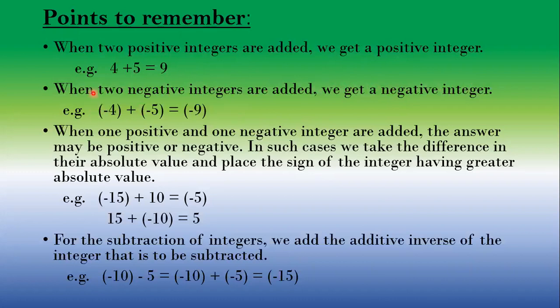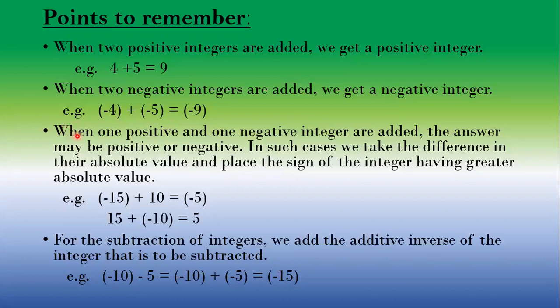That means when we add the number, we don't have to take the negative sign, we will take the absolute value. Absolute value of minus 4 is 4 and the absolute value of minus 5 is 5. What is absolute value? The numerical value of the number disregarding the sign. Means value of the number without considering the sign is called an absolute value. So minus 4 absolute value is 4 and the absolute value of minus 5 is 5. So we have to add the number without considering the sign. 4 plus 5, 9. And the minus sign will be placed before the answer.